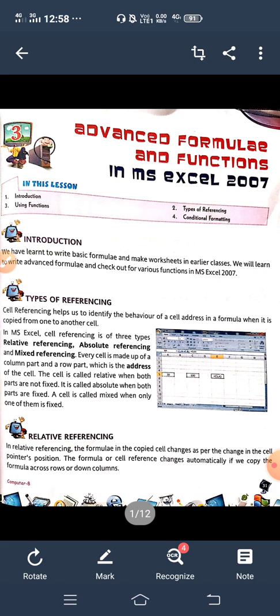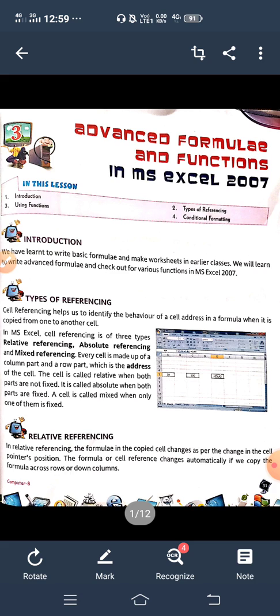So today we are going to start our new chapter, that is advanced formulas and functions in MS Excel. In this chapter, we will learn about introduction, types of referencing, functions and the use of functions, and about conditional formatting. We will learn a lot of things in MS Excel. All these topics we will cover today in this class. Okay, so already you have learned how to write the basic formulas in class 7, and today we are starting